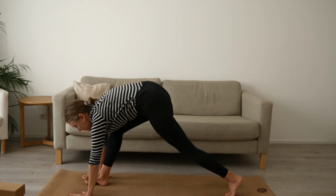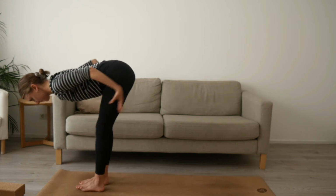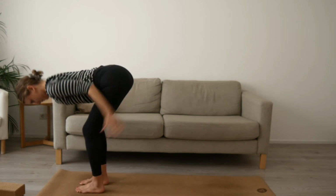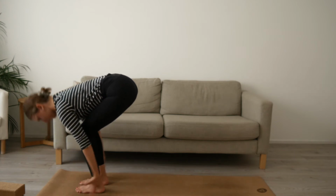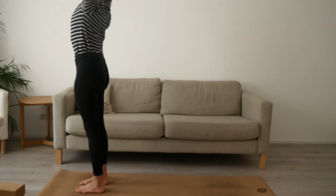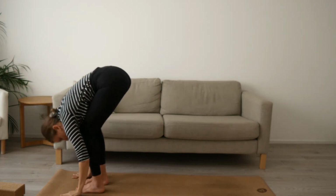some small steps or a big step with your right foot, then your left foot to the front of the mat. Inhale, lift up halfway. Exhale, full forward fold, Uttanasana. Inhale, bend knees straight back, big arm circle to the side, and exhale, bring it straight down into your full